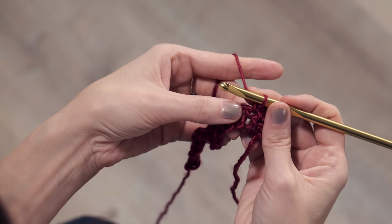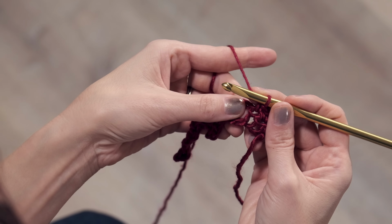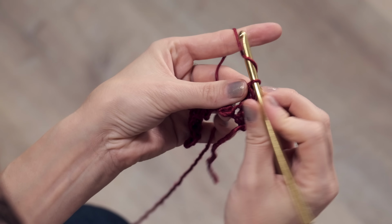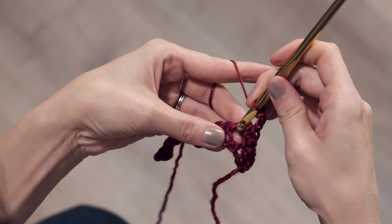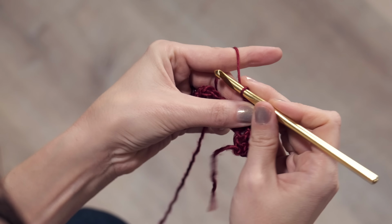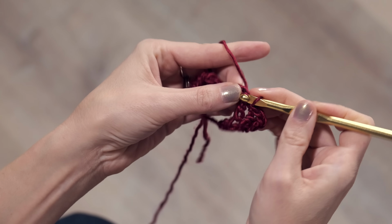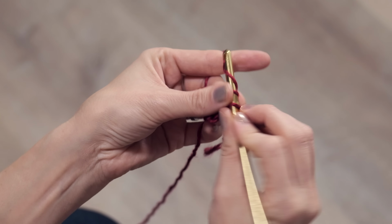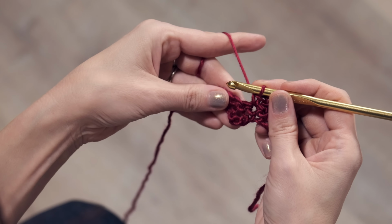Then you're going to work single crochet, chain 3, single crochet in this chain 3 space here. Single crochet, 1, 2, 3, single crochet. Then you're going to single crochet in each of the next 2 single crochets. 1, 2. Then the part that you're going to repeat across your row is you're going to skip the next 2